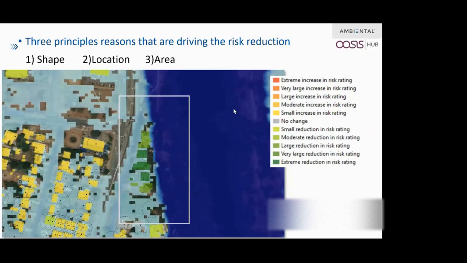So why is location driving this change? In urban areas, there is good correlation between the standard address point and the building footprint, so we don't really want to worry too much about that. But in the case of rural areas, the points can be quite far from the building location. If the point is not actually in the building location, it is not truly representing the risk